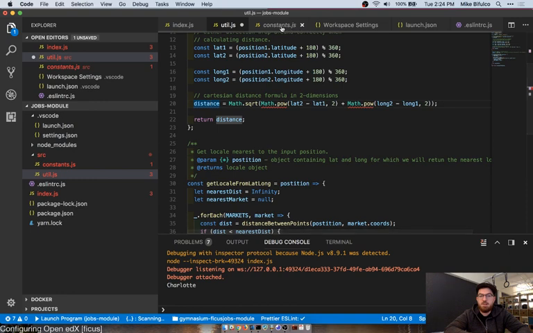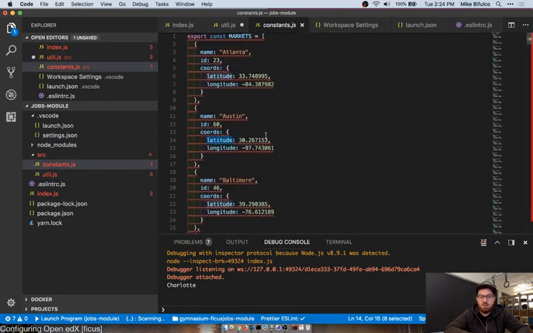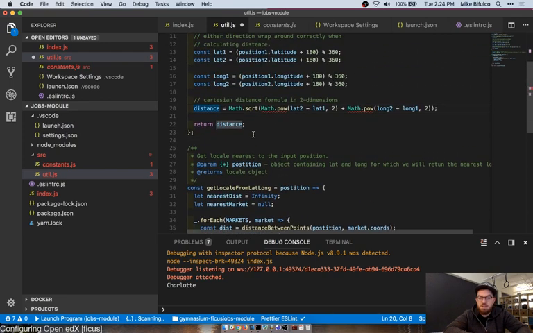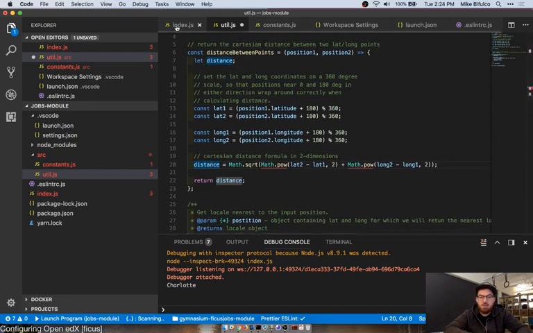Okay, let's look at my constants and see what format these come in. They have latitude and longitude written out, which is fun. So I better make sure that latitude and longitude...